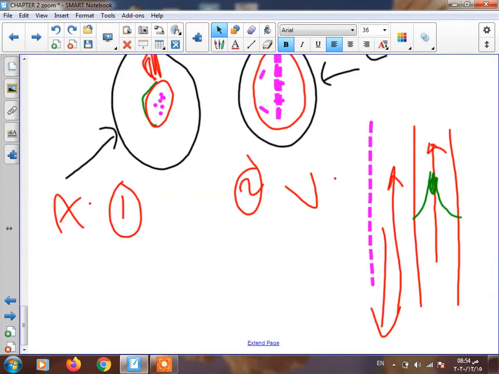Now we finish the artery and the vein. But what about the blood capillaries? Pay attention with me. Okay, if we observe this image,